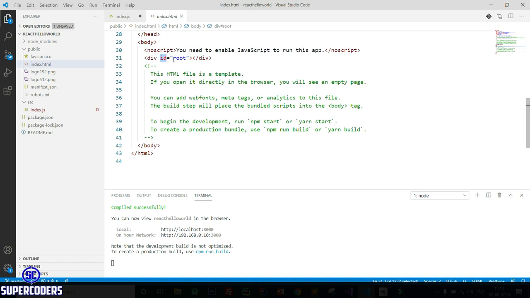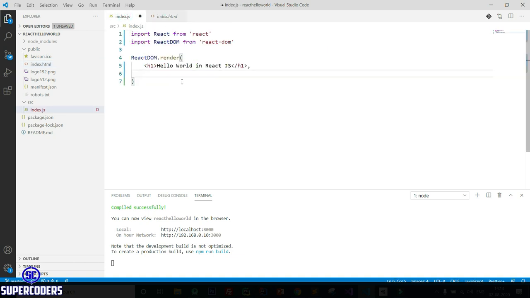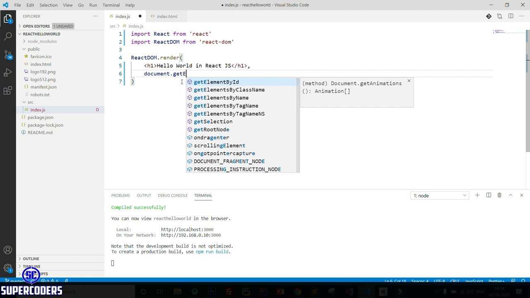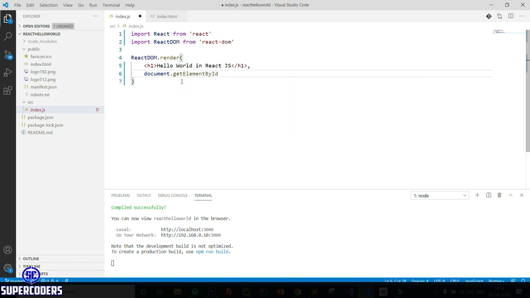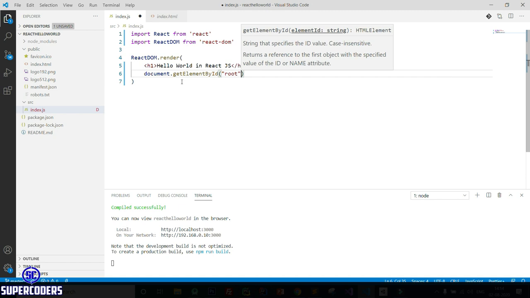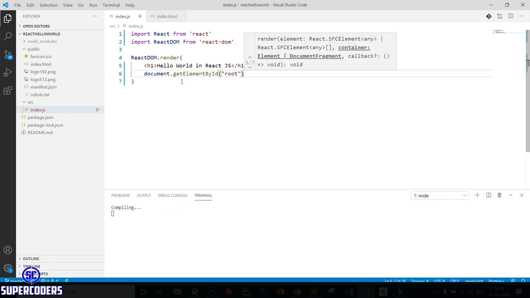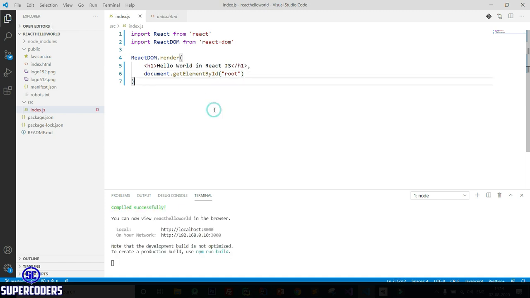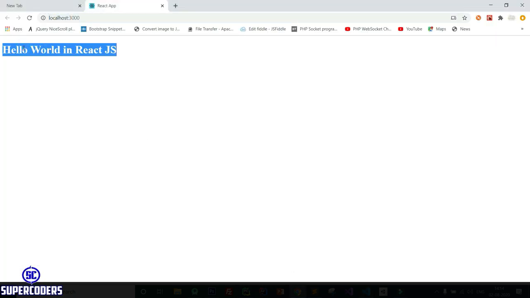So first access is div in our React. So copy this root. Now here document.getElementById, then pass the parent container. So it's done. Now let's see in our browser, and you can see Hello World in React JS.